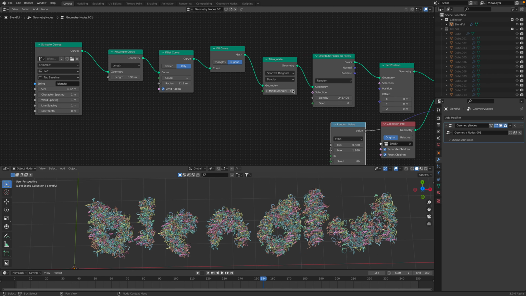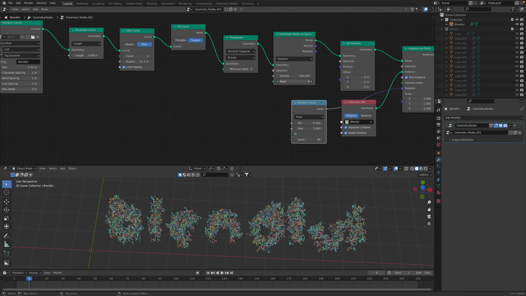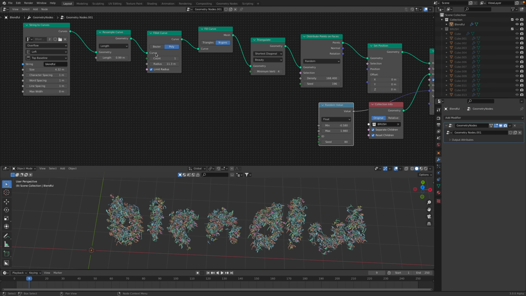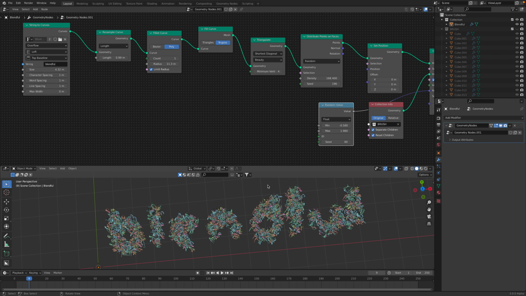I think this could be improved. It's not 100% perfect still, but I think tomorrow maybe you can just modify this and make it